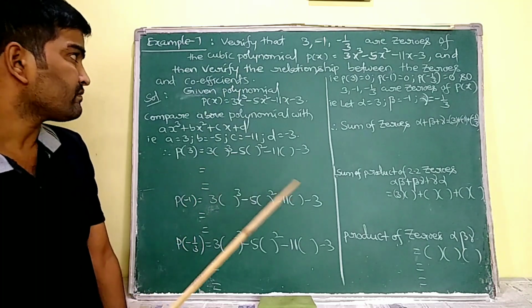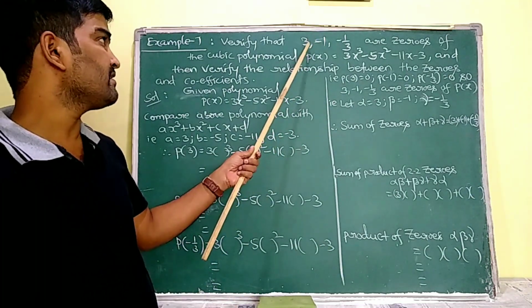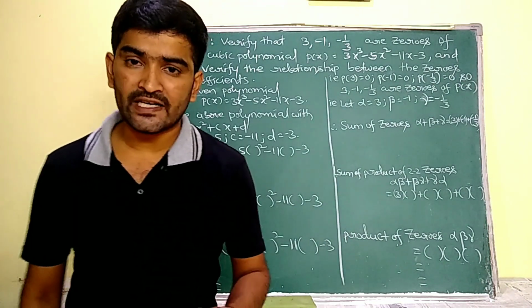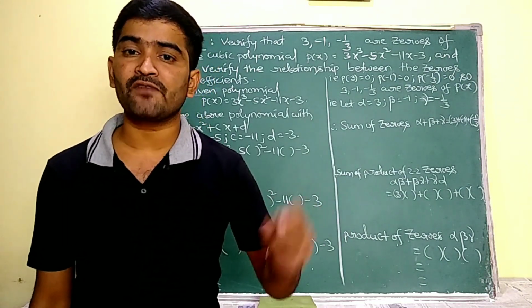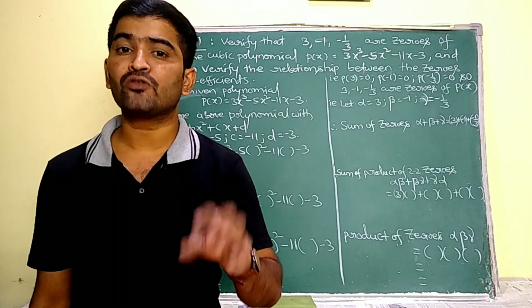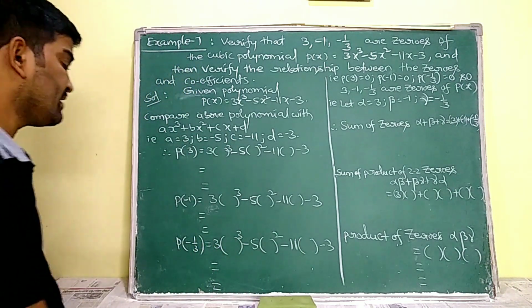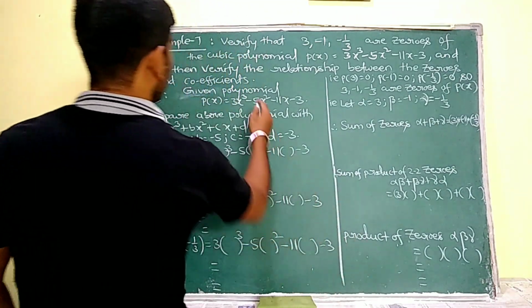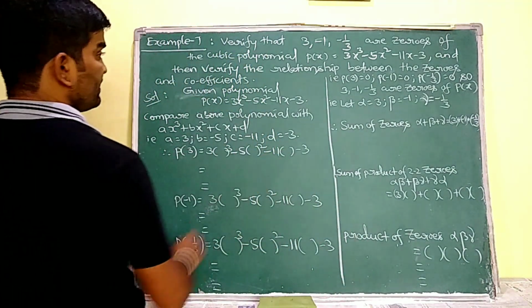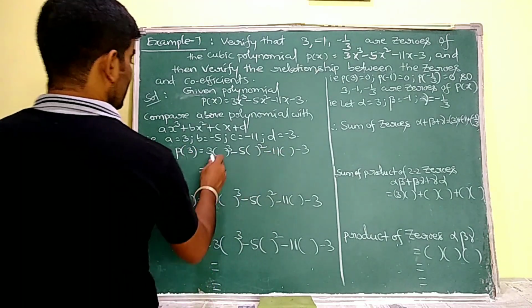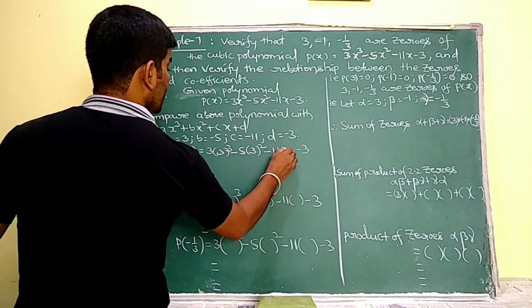Then after, see ma, here he asks us to check whether these are the zeros or not. We know that to check whether the given values are the zeros of a polynomial or not, we have to substitute that in the given polynomial. See, here just we have to substitute this 3 in the polynomial. So that is why I just arrange the polynomial with empty brackets. Then after I have to fill the values, 3 here.